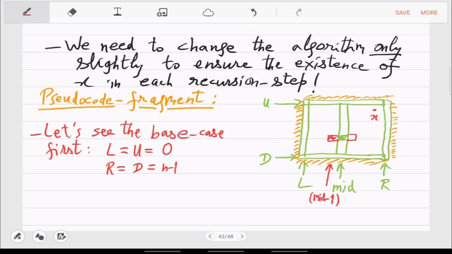So this orange part is actually empty. Okay, this won't exist in the base case because your green boundary is actually already the absolute boundary of your grid. So there is nothing outside.